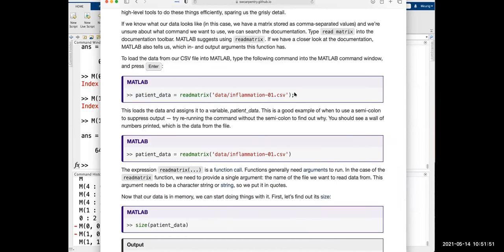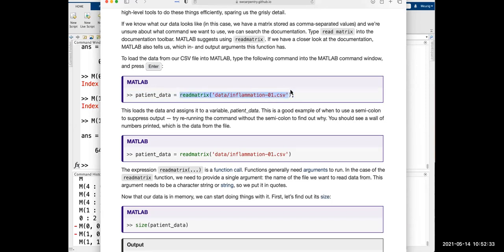So what is it exactly asking? When you write it that way, could you explain to me how MATLAB is seeing it? Yeah, so if we think on the right hand side, MATLAB is saying that you're calling a function read matrix. So this is your function name. We have the parentheses, so everything inside here is your argument. Read matrix takes one argument, and that's the file name. So it has to be in strings. And here it's saying, look in the data folder for this file called inflammation01.csv. And then get me something called patient data. Is that what it's asking?